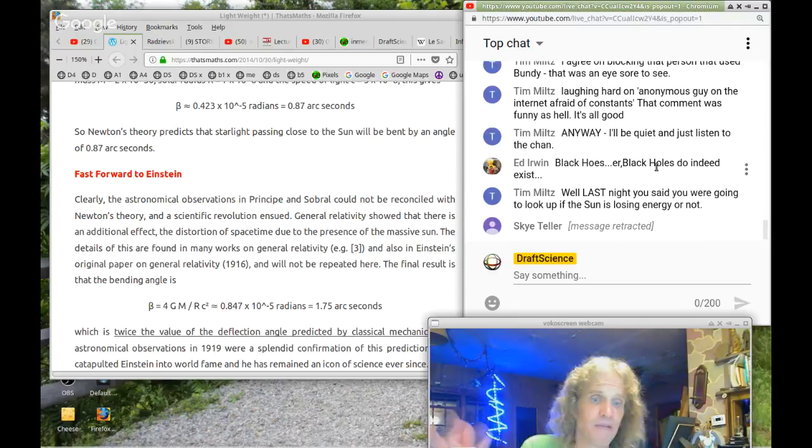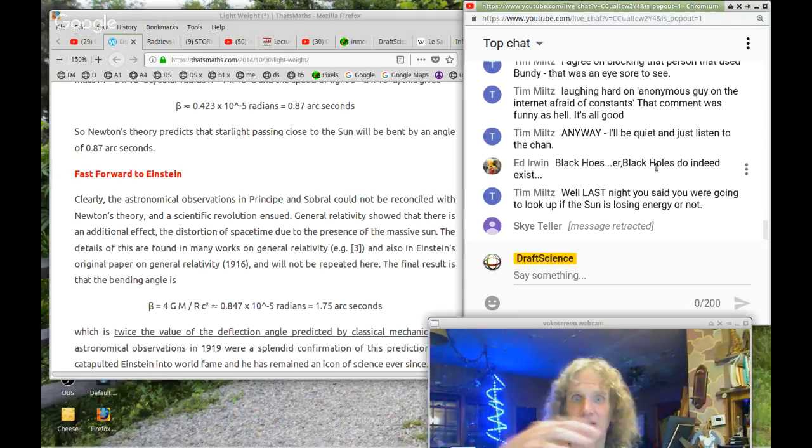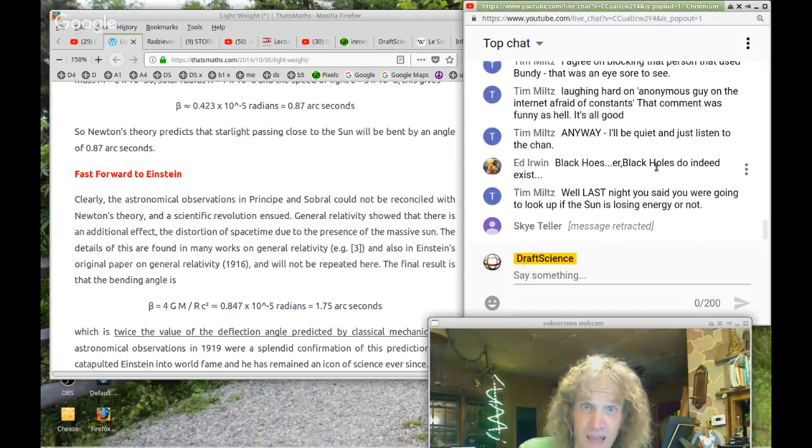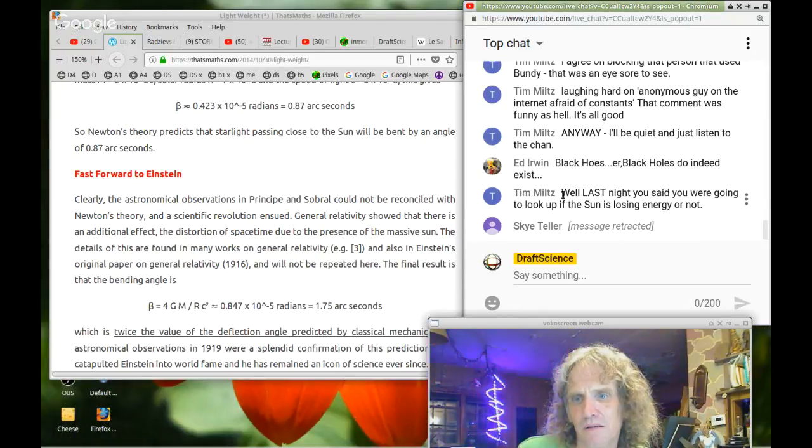Now, do I believe that maybe neutrons can be smashed a little bit closer together than atoms can, and that you can create a more dense object out of neutrons? Yeah, that might be possible. But there's limits. Okay, there's limits. Clearly, the pressure doesn't stop increasing. All right, laughing hard. Okay, anyway, black holes.